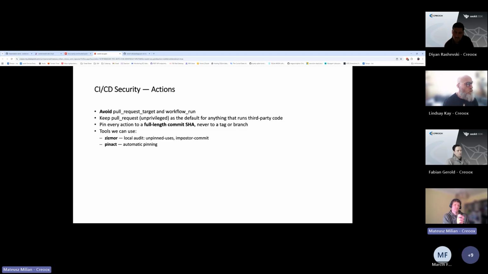So you don't just use the version, but actually pin it to the commit hash. Then you are sure that nothing changes when the action is running. There are tools which can help with that, to pin those actions, or to inspect them locally from your computer. You can inspect your GitHub jobs to see if there is something which could be improved, or if some triggers are used which potentially are dangerous. So definitely there are